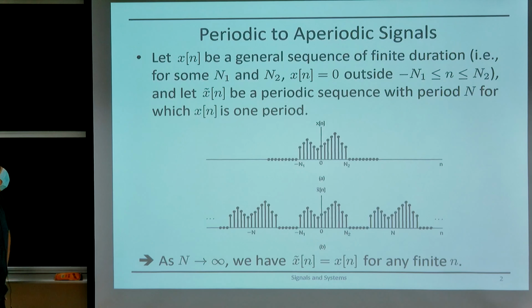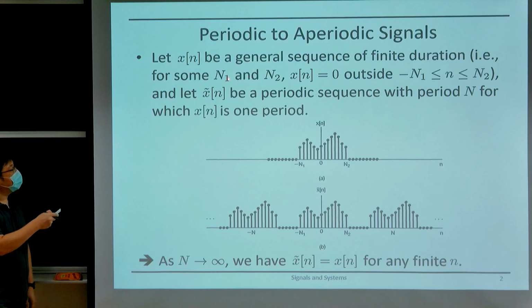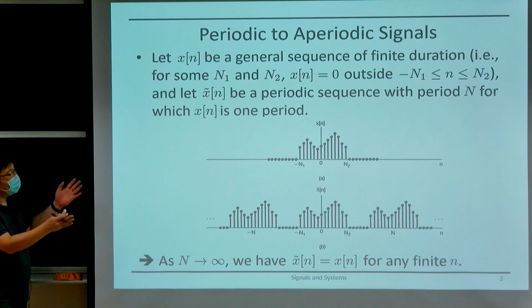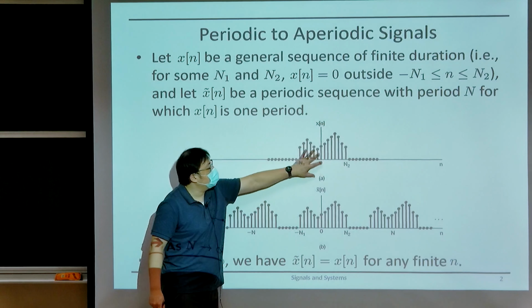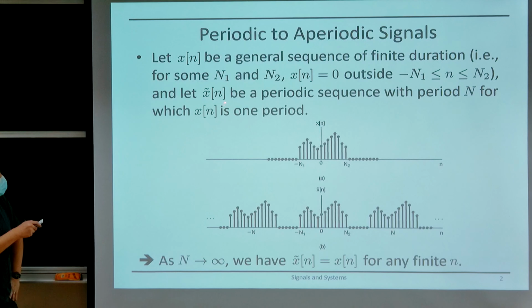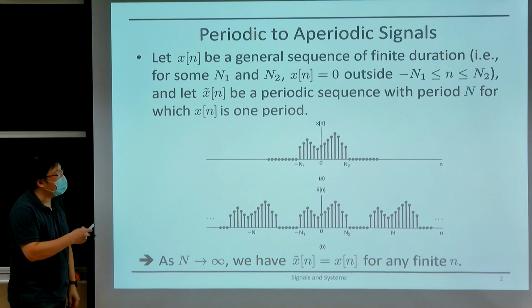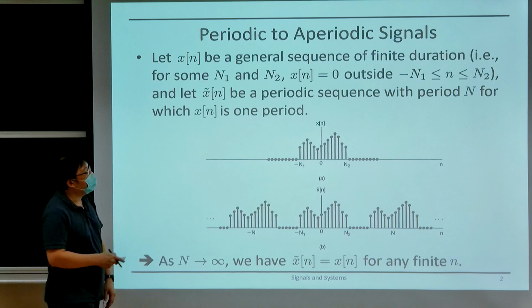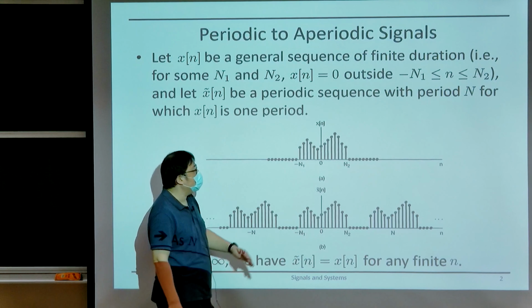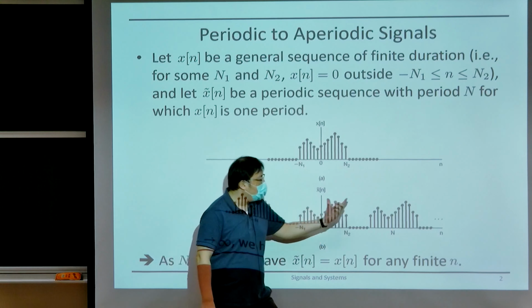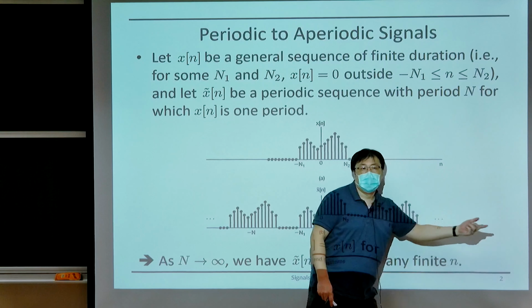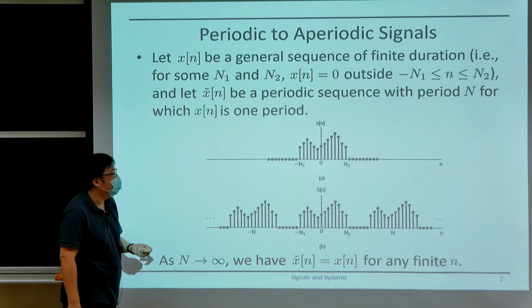Okay. So here we're trying to extend Fourier analysis from periodic signals to aperiodic signals. Okay. So suppose that x of n is this aperiodic signal that we are interested in, right? So suppose that this is some general sequence with finite duration going from n1 to n2, right, and is 0 otherwise. So x of n can look something like this. Okay. Now suppose that x tilde of n is some periodic sequence that we generate by repeating x of n every integer multiple of the period capital N. Okay, so we take this x of n, we repeat it every integer multiple of capital N to get this x tilde of n.